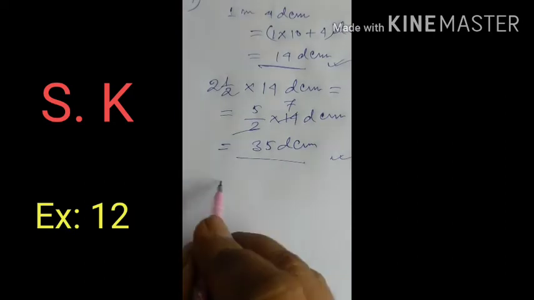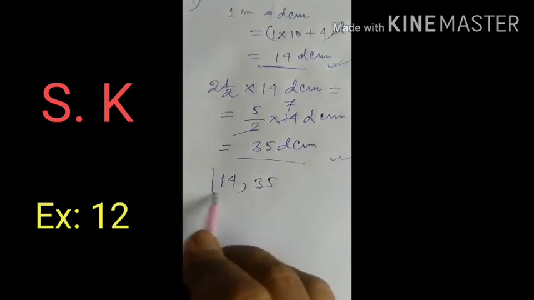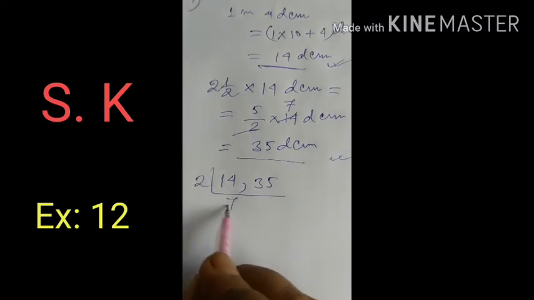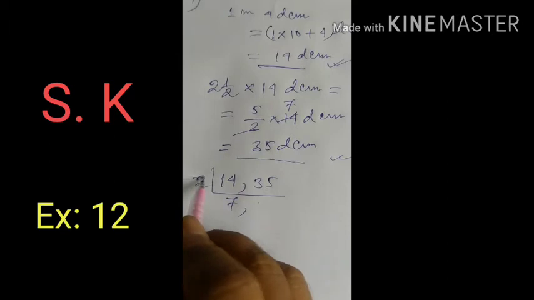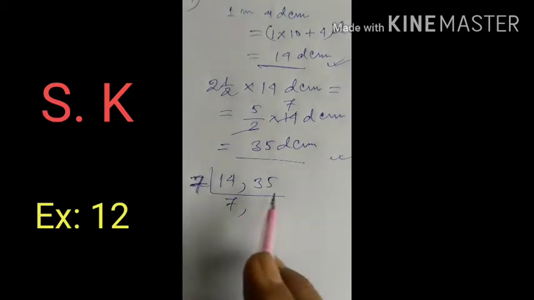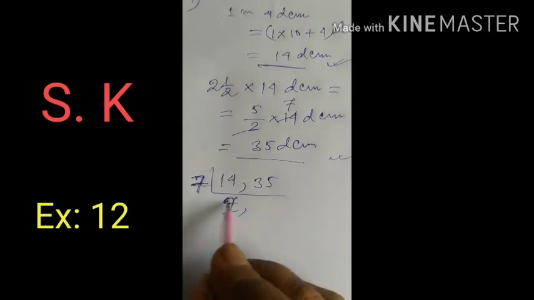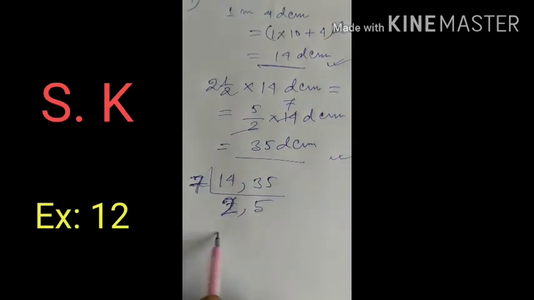Okay, so LCM of 14 decimeter and 35 decimeter: 7 will be the common between 14 and 35, that is 7 2s are 14 and 5 7s are 35. So LCM equals 7 into 2 into 5, that is